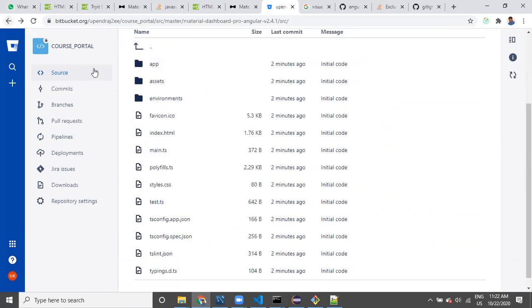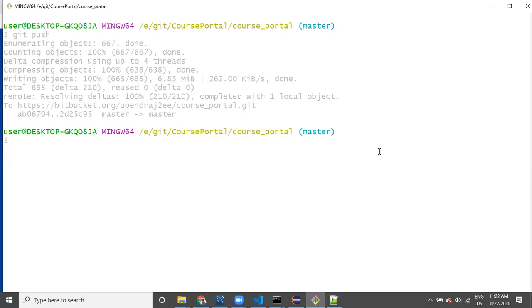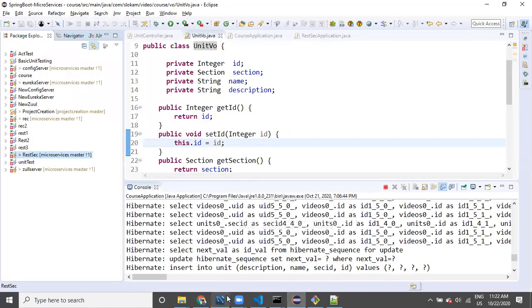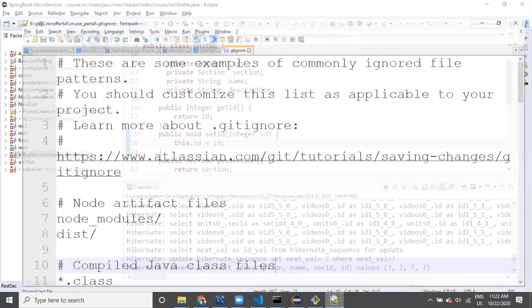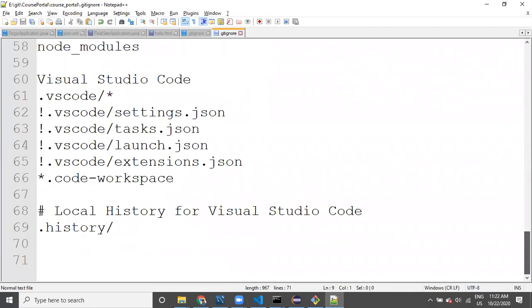Okay, now the code is committed. While committing the code, we have taken care of a file called git ignore. Which files are not required, those files have been ignored.